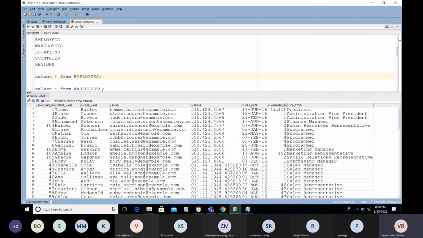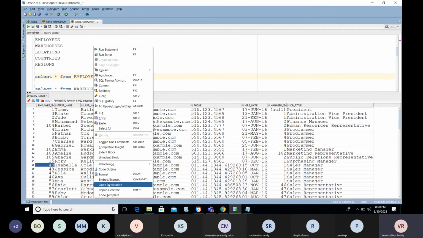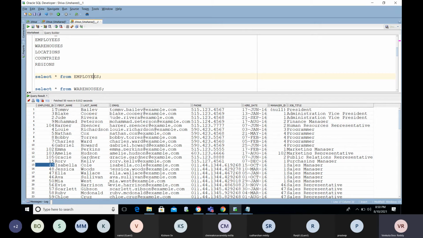How will you identify? If you want to identify those, you need to go with the table definition.